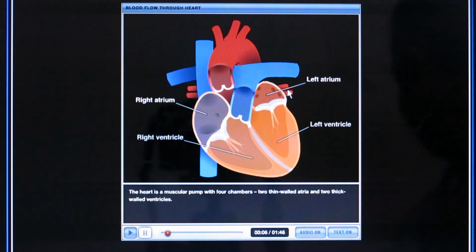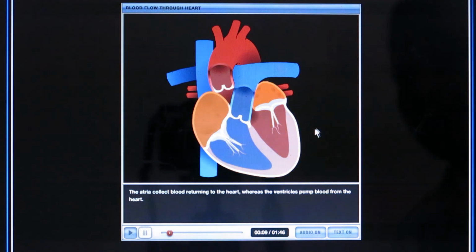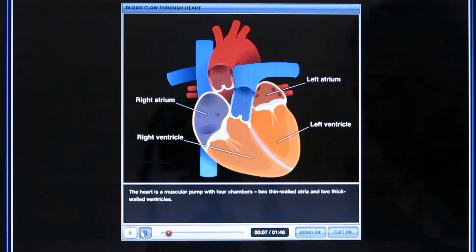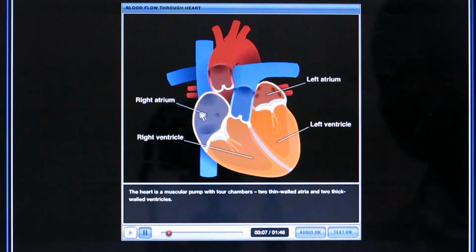This is right atrium and this is left atrium. This is left ventricle. Now, this structure, what you are seeing, this part of heart is called as right atrium. On opposite side of it, it's called as left atrium. Down towards left atrium, the chamber is called as left ventricle, and the right ventricle.